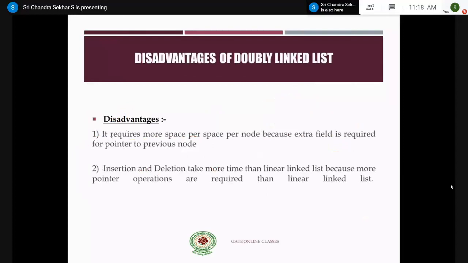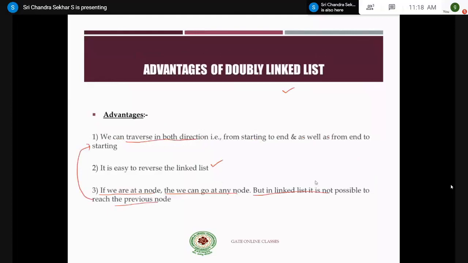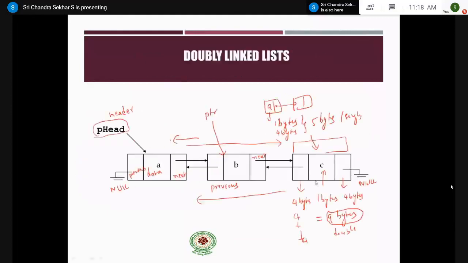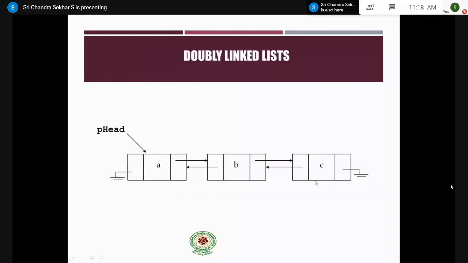So the first disadvantage is that it requires more space per node, because an extra field is required for the pointer to the previous node. That's what we discussed. And insertion and deletion take more time than a linear linked list, because more pointer operations are required. Let me discuss this clearly, and this is another important point that may be asked from the GATE examination point of view.